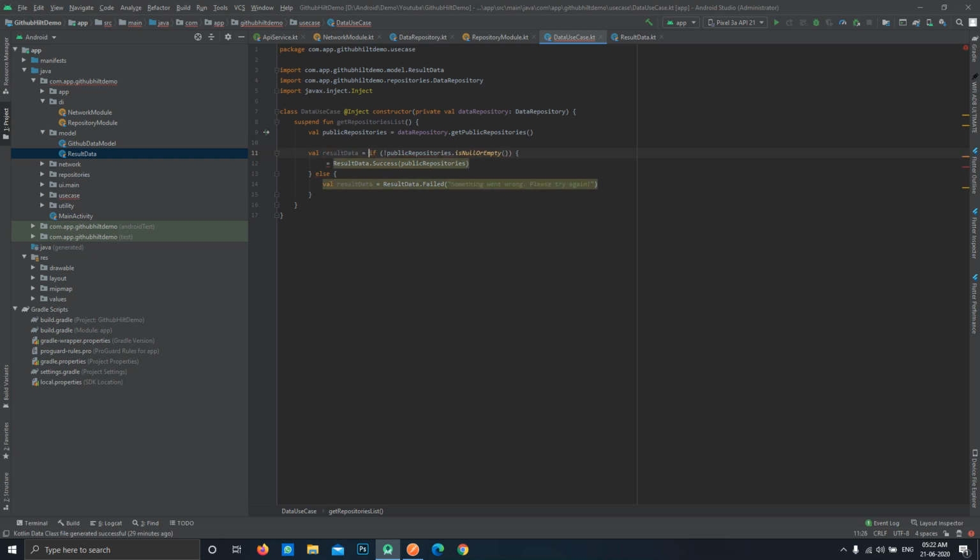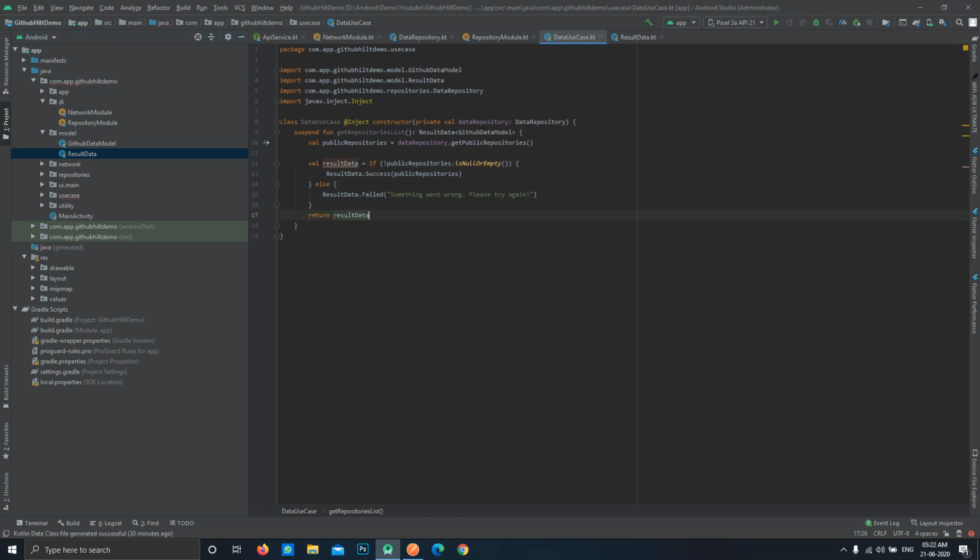So let's assign this variable over here and simply return this, and similarly delete this from here. No need to return actually, sorry. So if this condition is true, then this result data will be assigned this value, and if this condition is false, then this result data will be assigned this value, and we can simply return this result data over here.